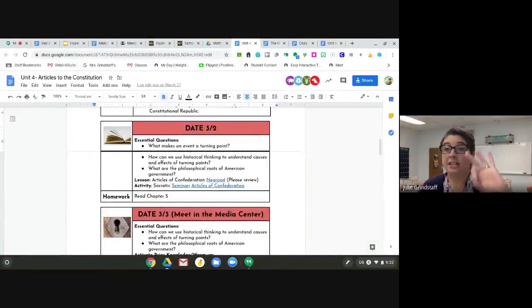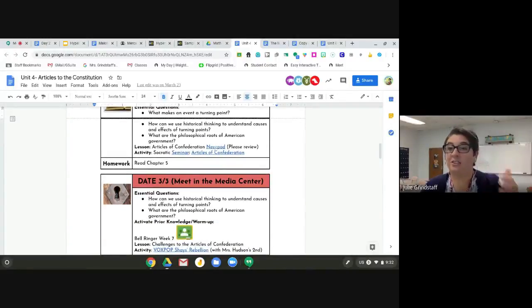And for this particular one, this is just a table. Actually, it's a bunch of little tables. But I just have the day, and I have the essential question. Yes, less writing for me on the board. And then I have access to their Nearpod. If you don't know what Nearpod is,